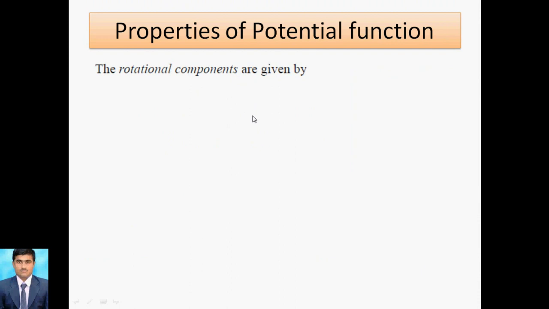Now we move to the properties of the potential function, that is, the rotational component. Suppose wz is there; that means w is a rotational component and z is along z. So when you rotate along the z direction, that means x and y are in rest motion. So along x the velocity is u, along y the velocity is v, along z the velocity is w. As we know, x, y, z are your directions. So here z is your rotational component, that's why it is indicated by green color.